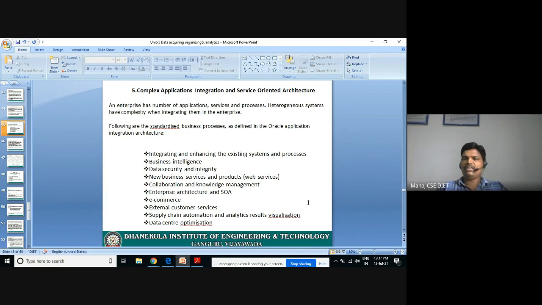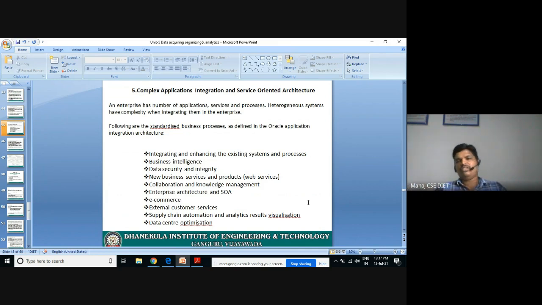So through application I can access all these things. For making these applications genuine and to strengthen these applications, we need to integrate the heterogeneous systems. Such integration is a very complex one. For the sake of an enterprise or a business, they are integrating all the systems together. Identifying heterogeneous systems and integrating them all together is a complex task.